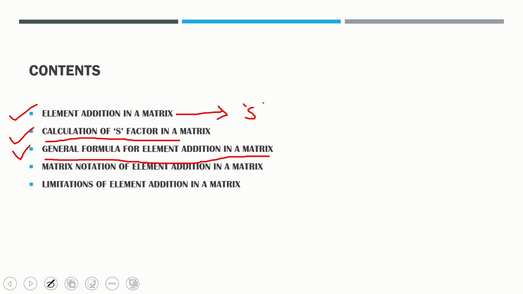Likewise, you have learned many formulas of matrices and determinants. If you talk about determinants, how to calculate a determinant; if we talk about row-column operations, how to apply them; how to calculate the rank of a matrix. You must know about these things. Similarly, this topic also has a general formula, and by this formula we will have one more topic here, not written,